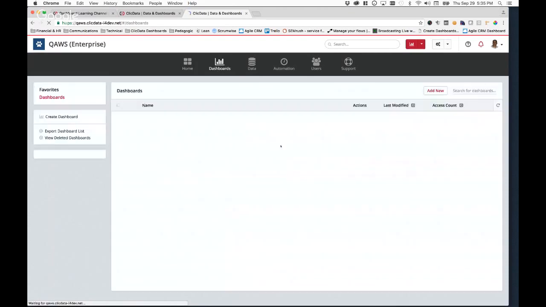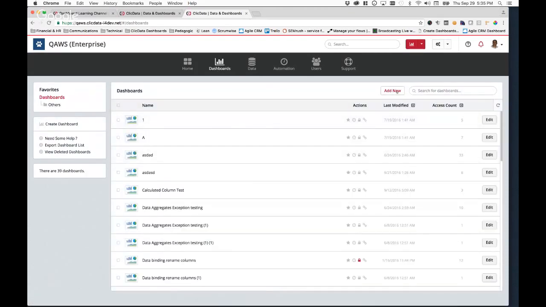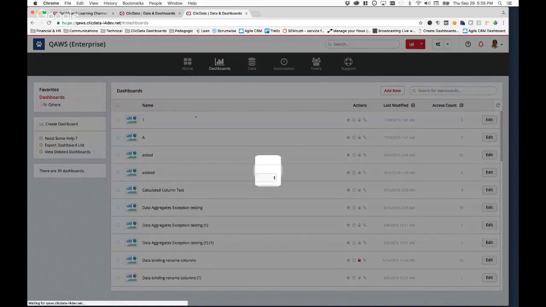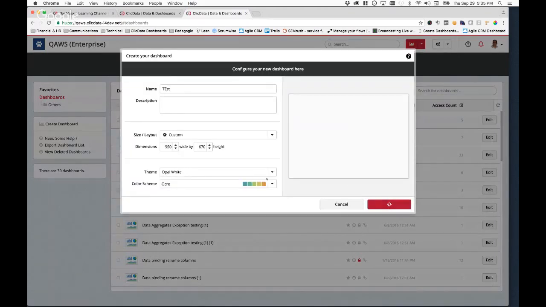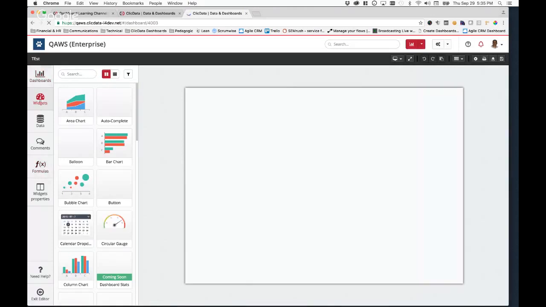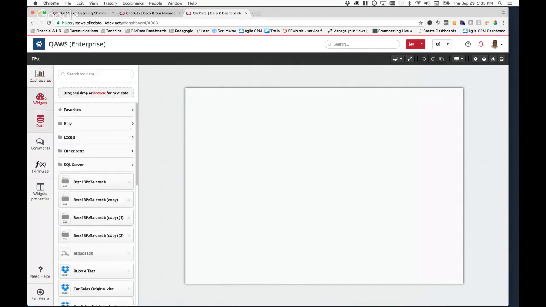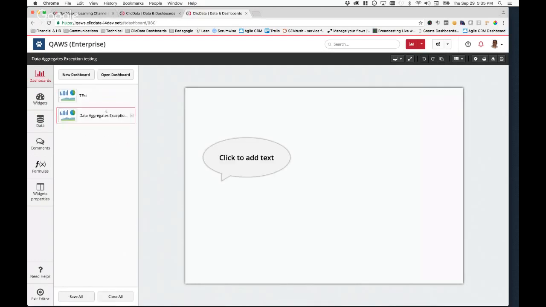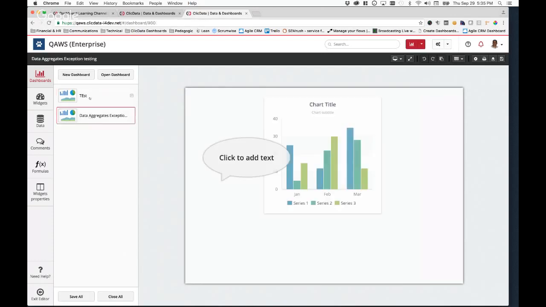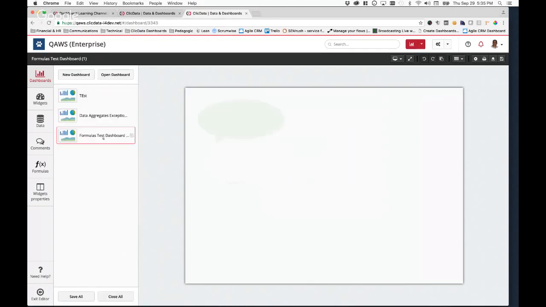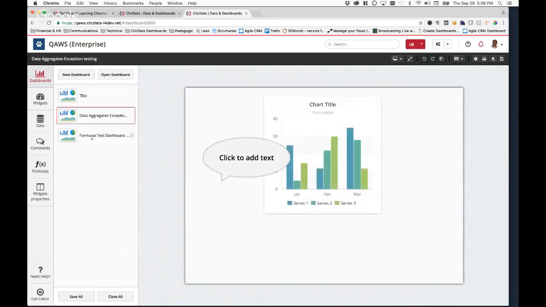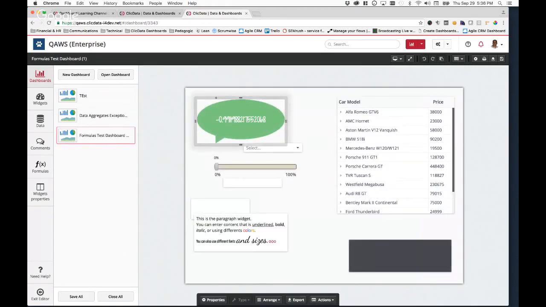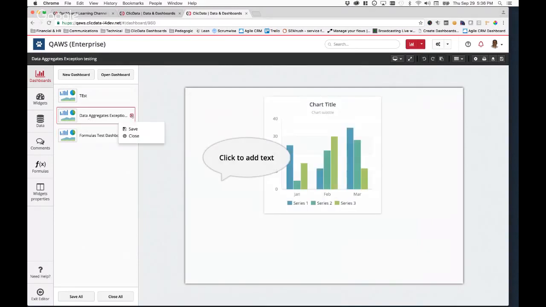The quick widget sidebar properties. For those of you that have been with us for a while, when you create a dashboard, you notice that we have different sidebars here. The default one is the widget one. But some people are not aware that you can, for example, have multiple dashboards open at the same time. So you can switch between them quite quickly, basically from this dashboard to this one. You can copy and paste widgets from one to the other fairly easily.